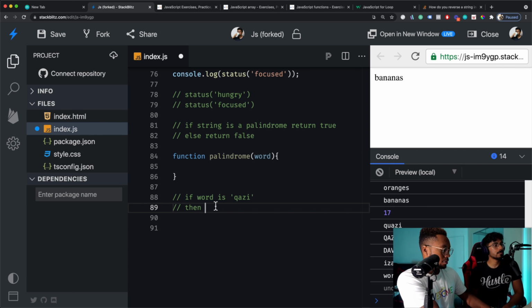Write down exactly how you said it. Forget about what I wrote. You did a great job of saying it, so write down exactly what you said. So I said if quasi is equal